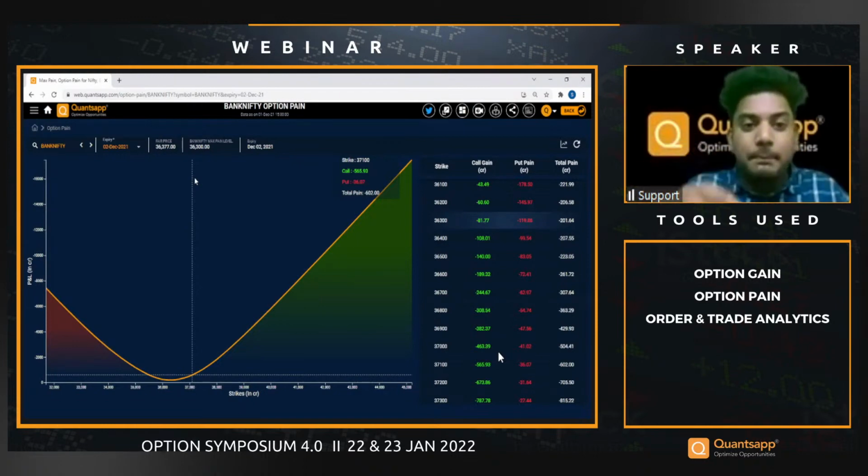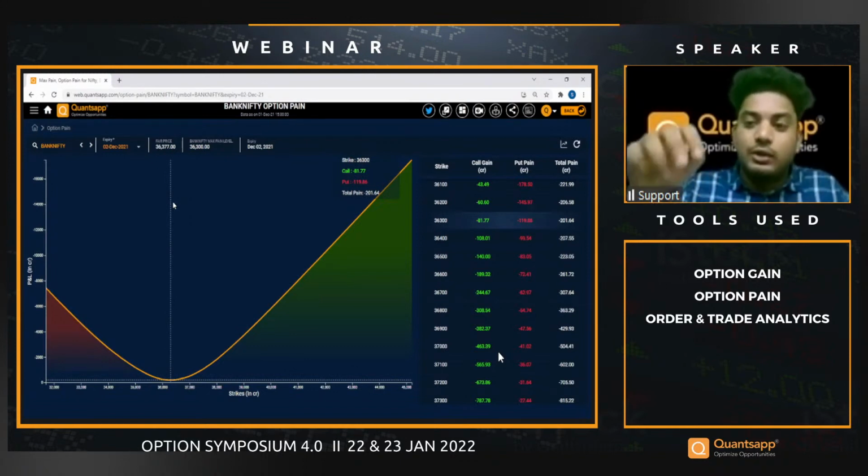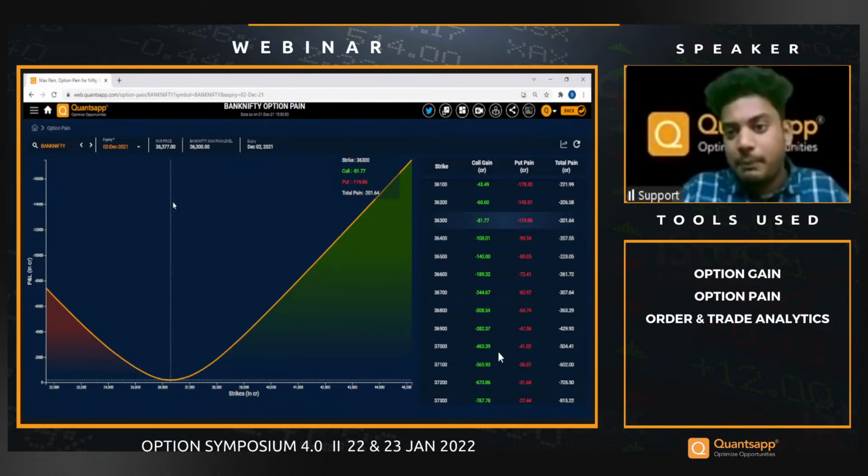Why is it called max pain? Because option buyers, be it call or put buyers, are going to make a huge loss at this particular level. Options is a zero sum game. So if it is a loss for the buyer, then for the seller it is a profit zone. So 36,300 is the level where the markets are expecting Bank Nifty to expire as of now. This is the level where option sellers are going to make the most money, so obviously they are not going to leave the expiry soon.